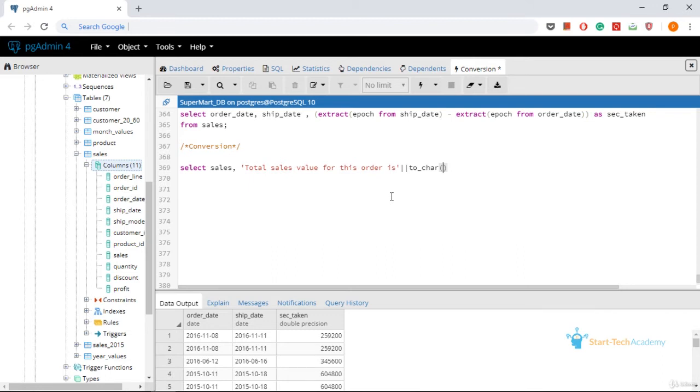Value is sales, and in the format mask we will write 9999.99. So the string will be in this format. This is from the sales table, and let us name it as message from sales.